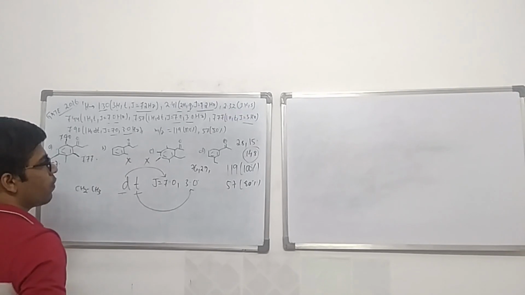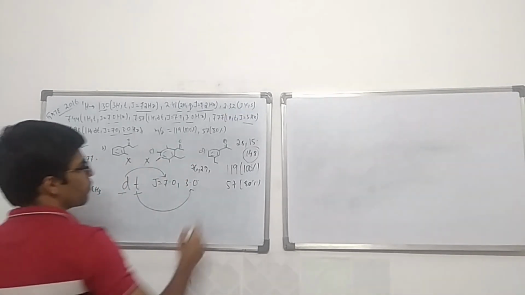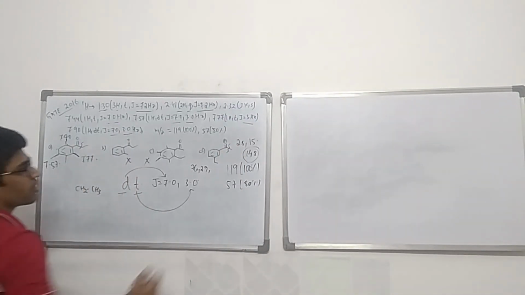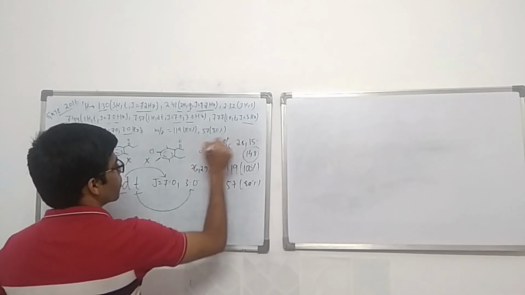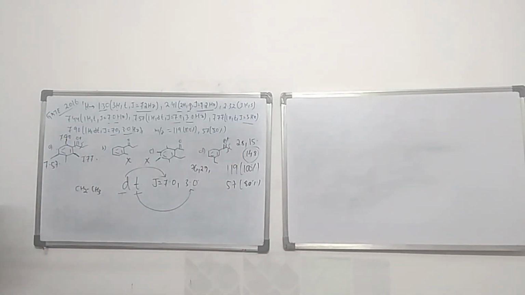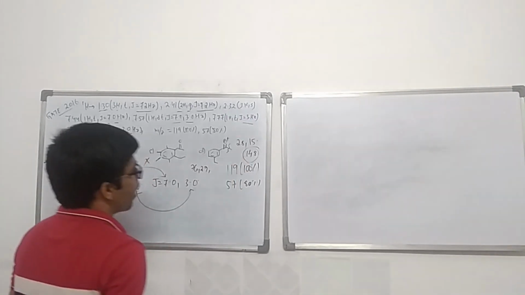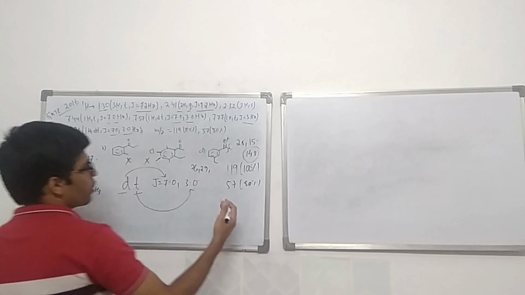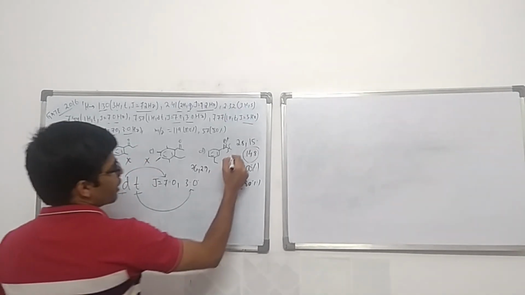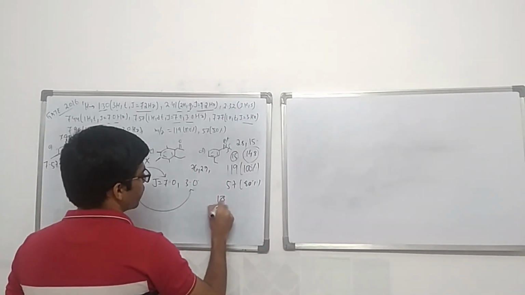Now, the first fragmentation that will occur in mass spectrometry will be this in this case and this in this case, leading to the formation of C triple bond O plus and C triple bond O plus. This happens in most of the cases where carbonyl is present. So if I do a splitting at 148 here, what m/z value will I get? There, a CH3 group of 15 is removed. This should give me 133.